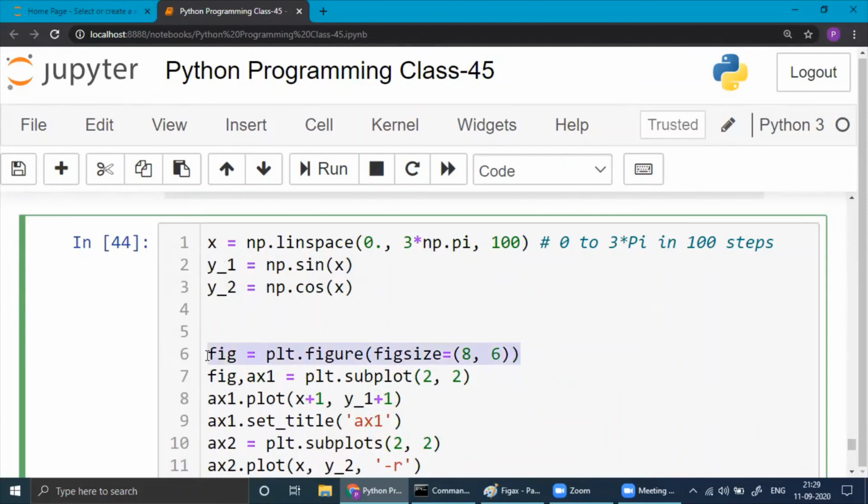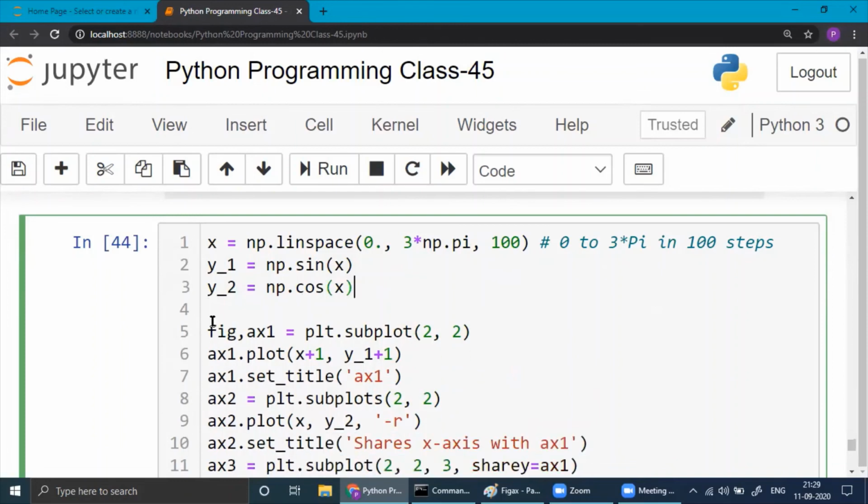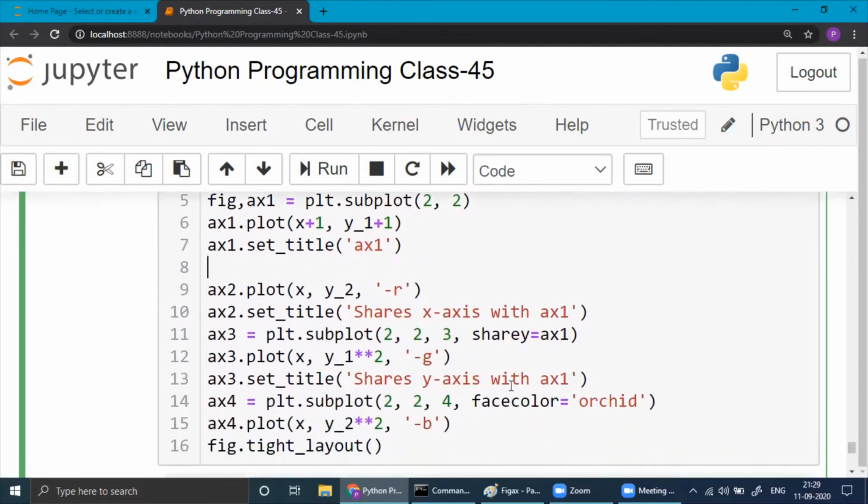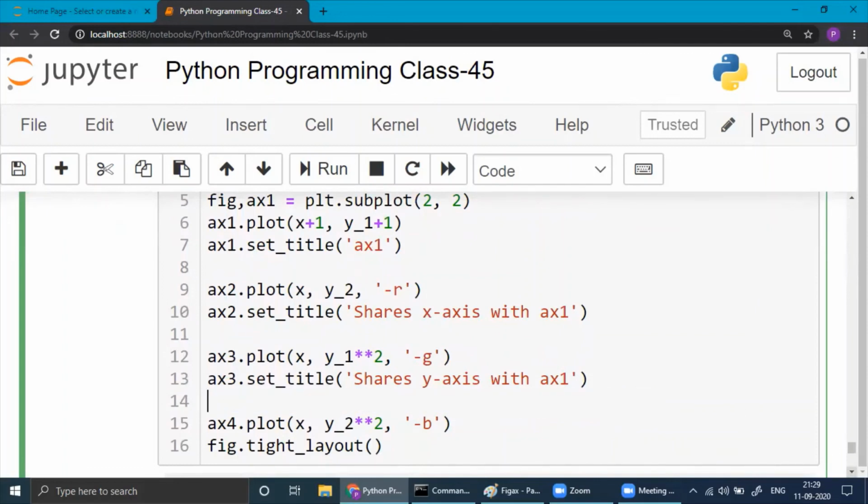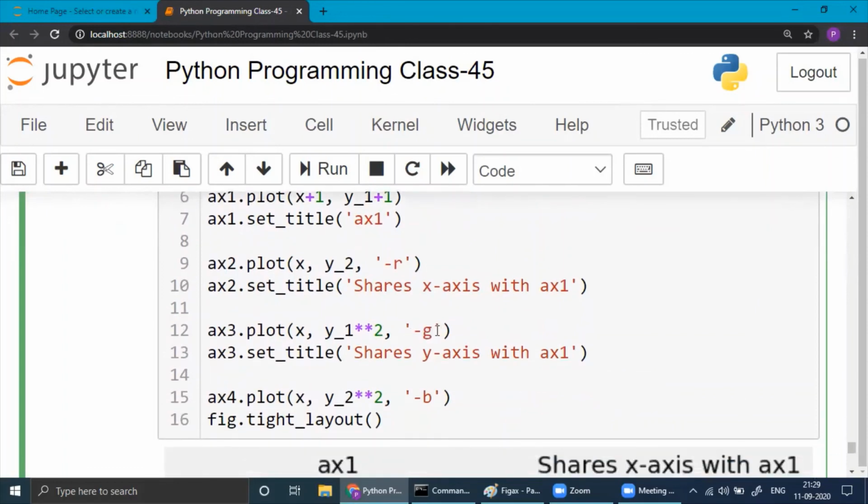Figsize, if you want, we can write here, not a problem, but yeah, we'll start this way. And then x1.plot, this will be there. Title will be there. Subplots, this will not be there. Then subplot, this will not be there. Another subplot, this will, see colors are here. You can manage those. In plotting only, you have to write comma and color you need to write here. And yeah, that's all. Let me try.